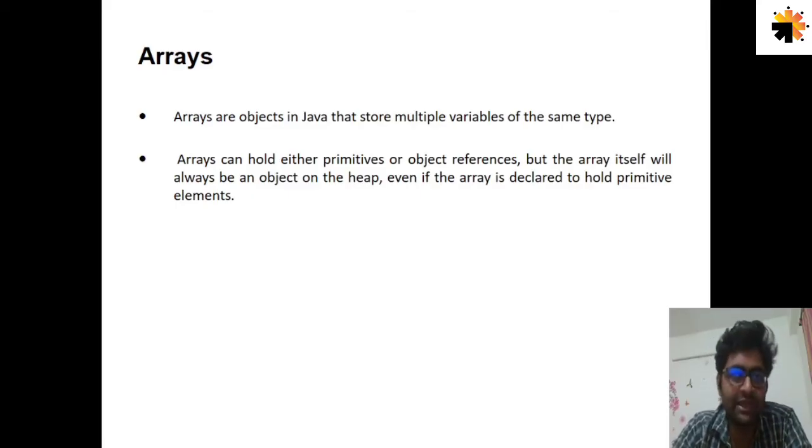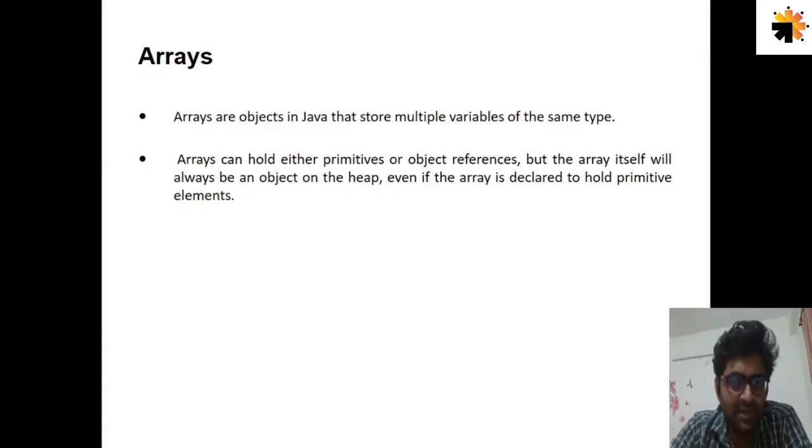What does this mean? Arrays can store simple primitive values. Now primitive values are nothing but pure decimal numbers or non-decimal numbers or characters. Not strings, only characters or numbers. So I can store primitive values, for example, I want to store marks of all students. Now marks of students are primitive values. So those primitive values, either I can store inside an array or else I can store object references inside